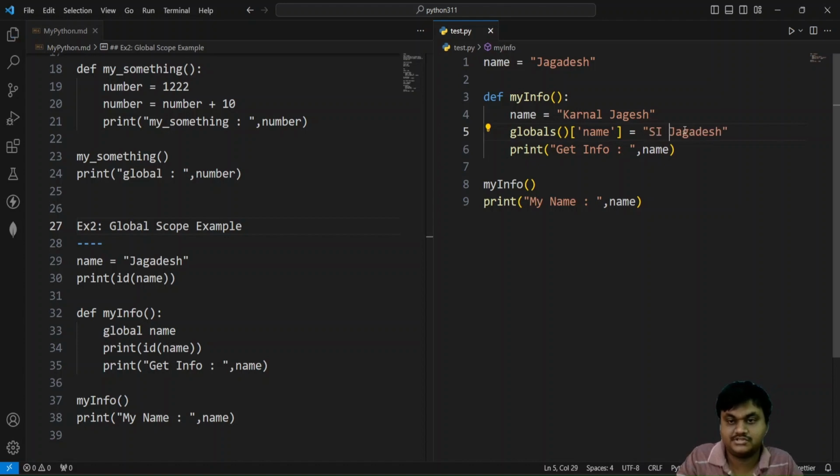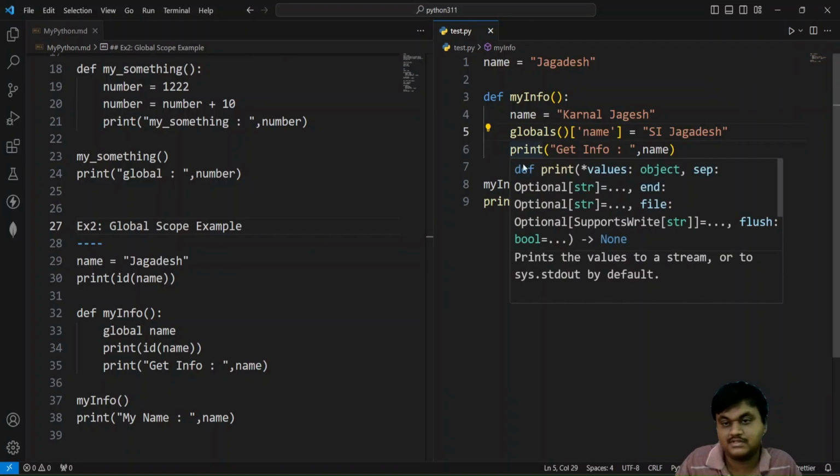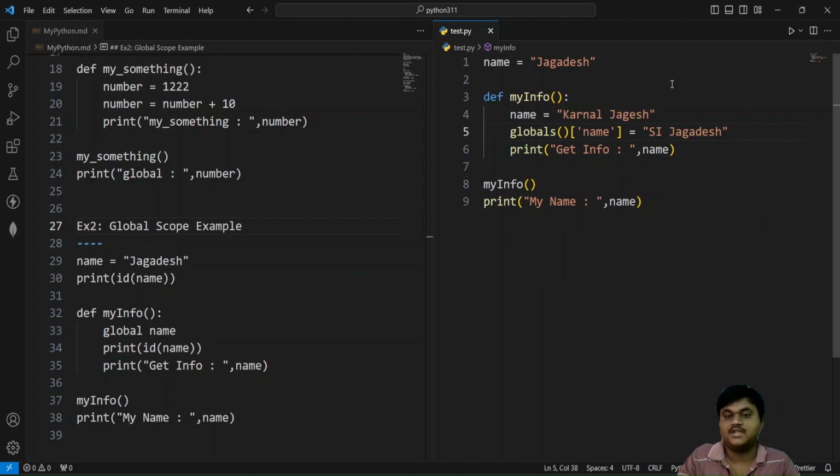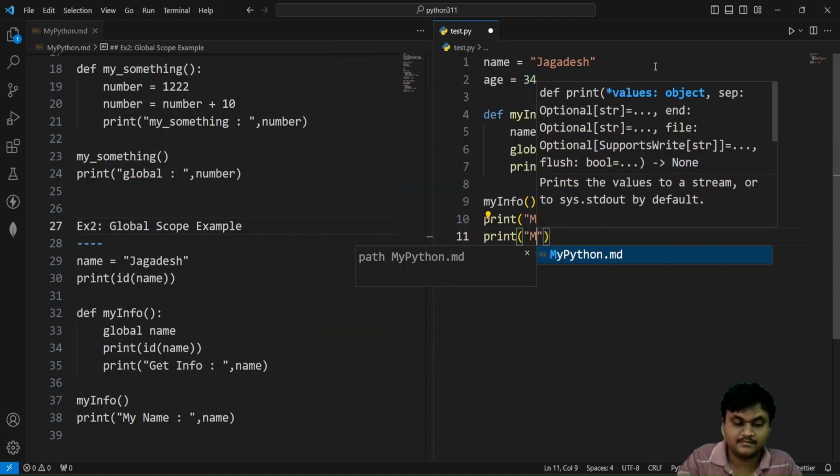S.A. Jagdish. C.C. Python. S.A. Jagdish. You can modify this name. I'm going to take another value, age, I'm taking here 34. If you try to print this, my age,